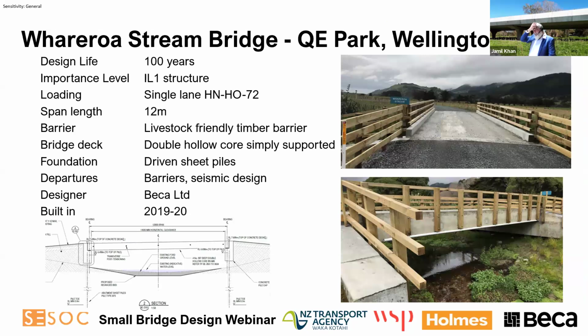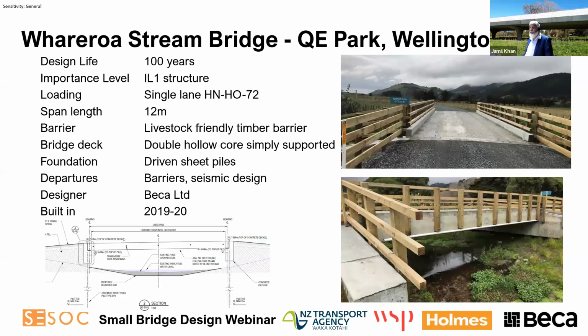This is an example, the Farura Stream Bridge, which is in Queen Elizabeth Park in Wellington. It is a very private access for a couple of farmers on a site there, and it is a controlled access in a low speed environment. Again, structural importance level was 1, but the structure was designed for the full HN loading. Span is 12 meters. The barrier is provided as a concrete curb with a